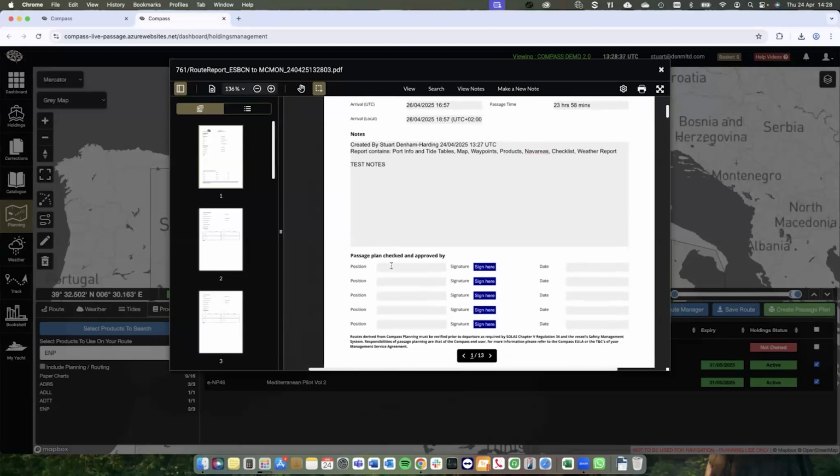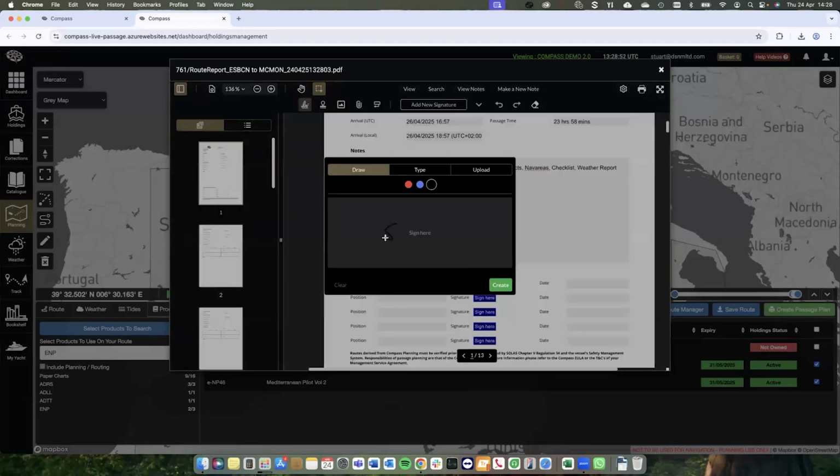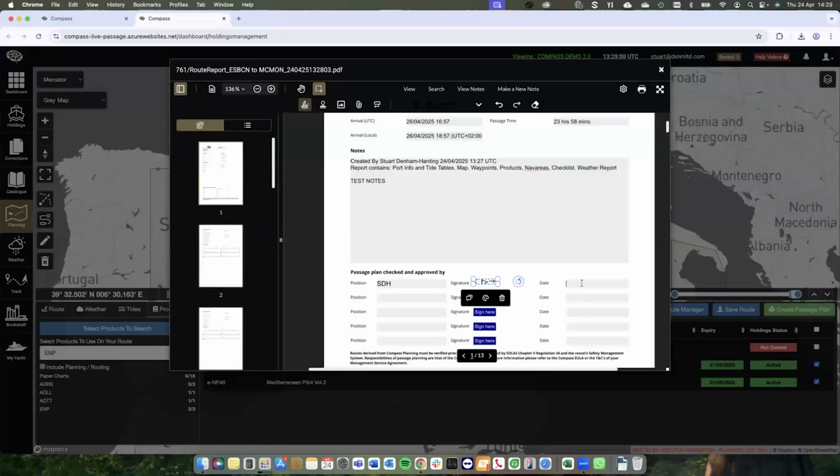That first page also covers a sign-off sheet, so if there's multiple people that are collaborating and signing off this passage plan, they can each come in here and review, and put their position or name and signature in here. So if I put my initials and click to sign, I can put a signature in here. You can upload signatures as well. So if you've got a saved one, you can have that saved and just apply automatically. And then in here, I'm going to put the date